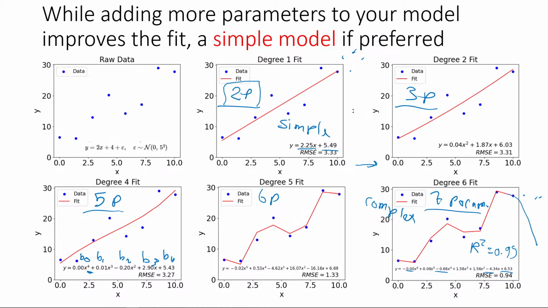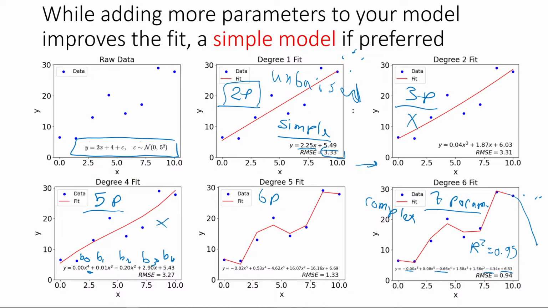So if the underlying process is linear, the true model is linear, which is actually the case because I generated this data from a linear model. So if the true model or the underlying process is linear, then this linear model would be the only model that is unbiased, and all these other models would be biased. Even though it does not have a good fit, it will still be unbiased, versus this one will be biased,